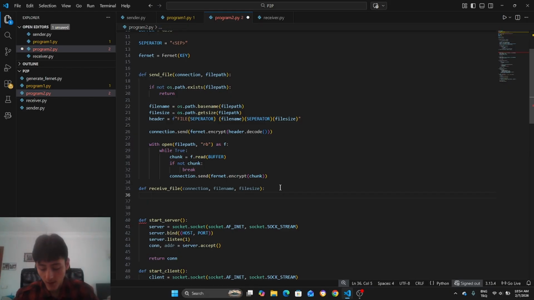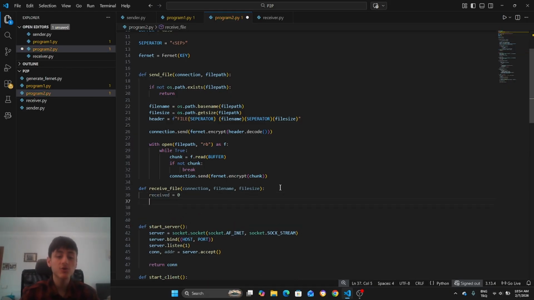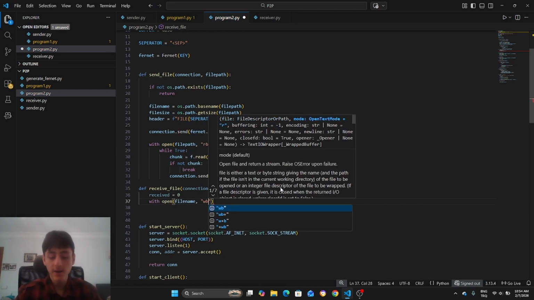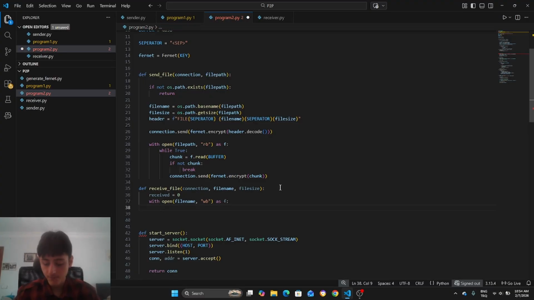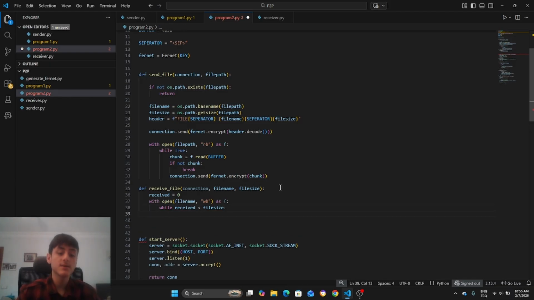Okay, cool. We then have received equals to 0, and we are going to increase this received as we receive the file. And when the received matches the file size, we know we received the complete file, so we will break out of this function. So we say with open file name and write binary as file. So while received is less than file size, meaning we didn't receive the whole file,